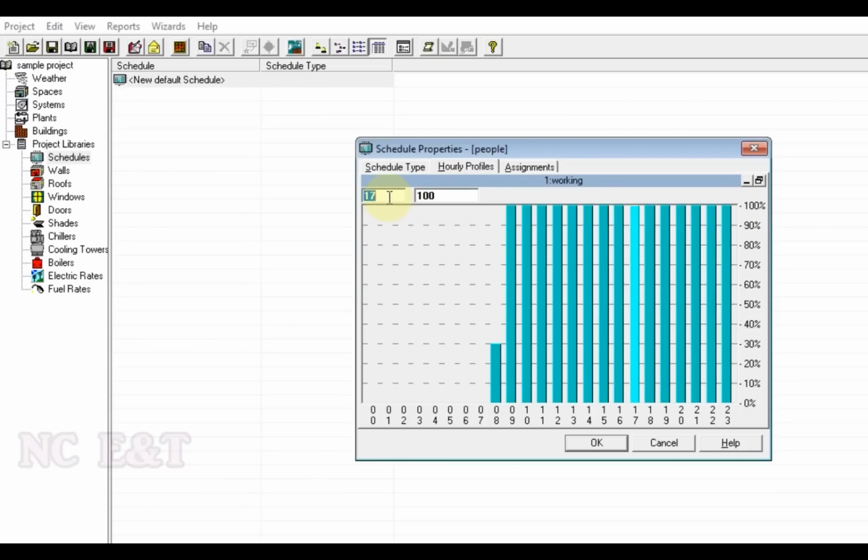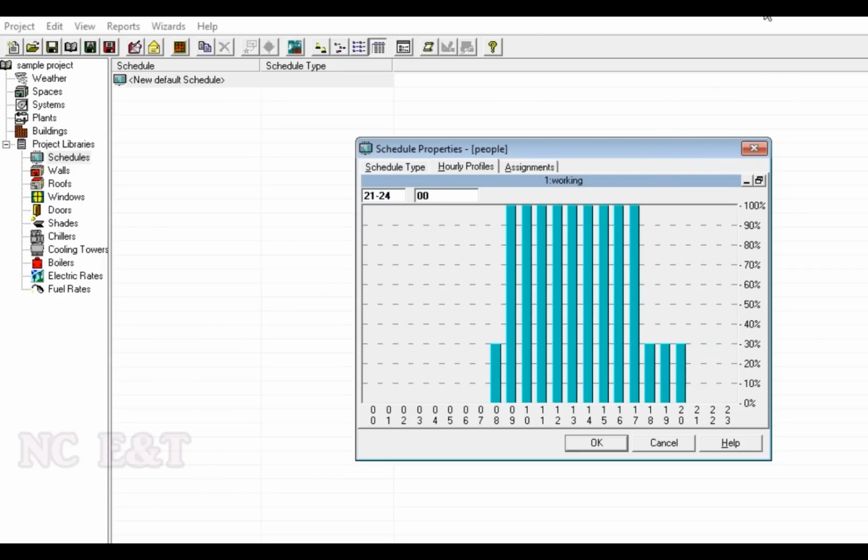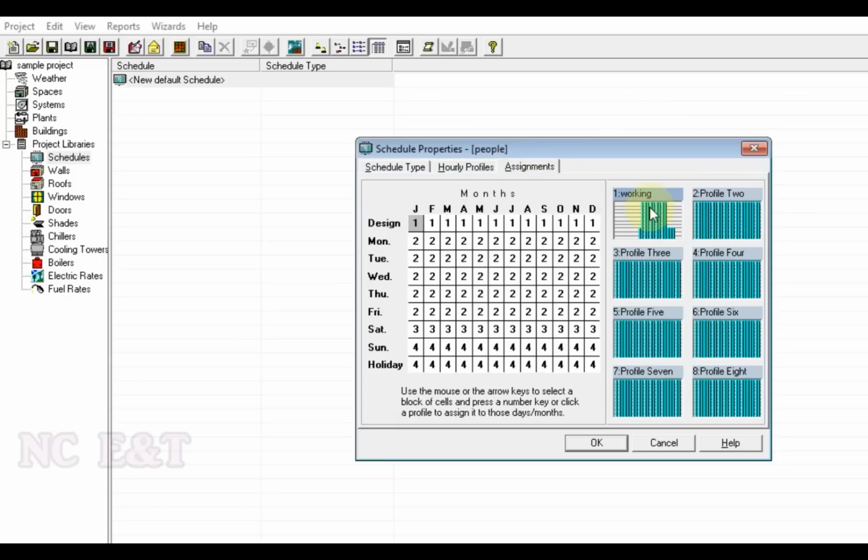And from 5 to, assume, 8, let us assume there will be 30% of people available for overtime and extra work. And after this, from 8 up to midnight, there will be no one available and the office will be closed. So let us assign this value. This schedule is for the whole year. We need to operate the system for all months from January up to December.